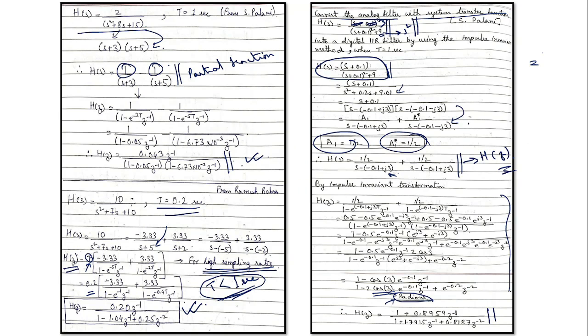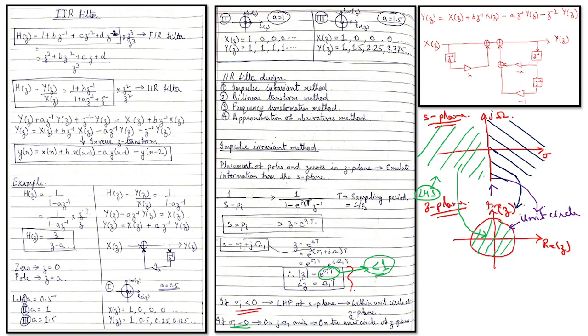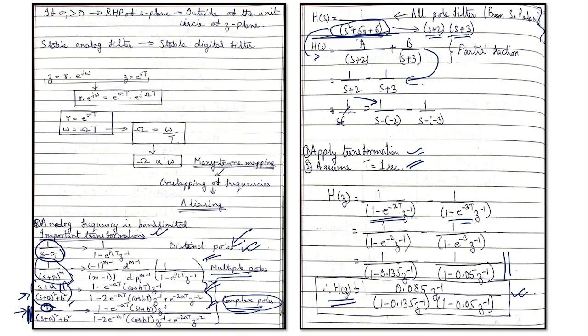So these are some of the things, and with this we complete the impulse invariant method. If you have any questions, you may ask, and otherwise you can try to solve this. We are still left with 10 minutes. You may please try to solve this equation in the 10 minutes. Okay. And if you have any question, please feel free to ask me.